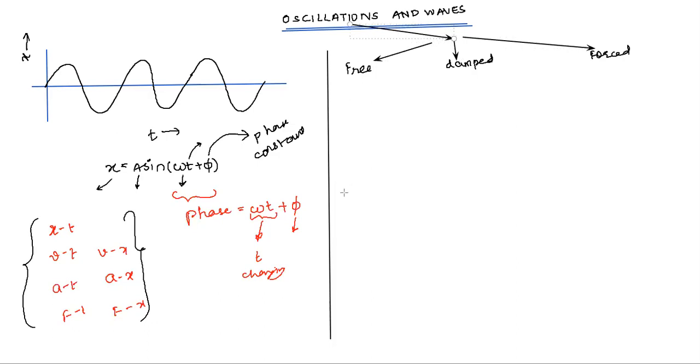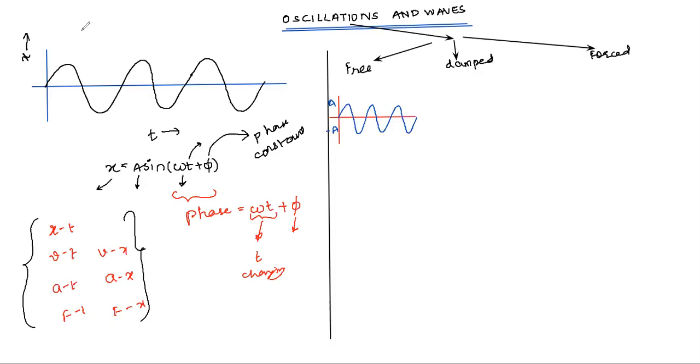These are different kinds of oscillations that can happen: free, damped, and forced. Free oscillations are the ones which once triggered will keep happening with the same amplitude. Class, concentrate. Free oscillations will keep happening with the same amplitude once triggered. Let's say the amplitude is a, so here the displacement will be happening between a and minus a, right? And it will be something like this. So with the same amplitude, oscillation will keep happening.